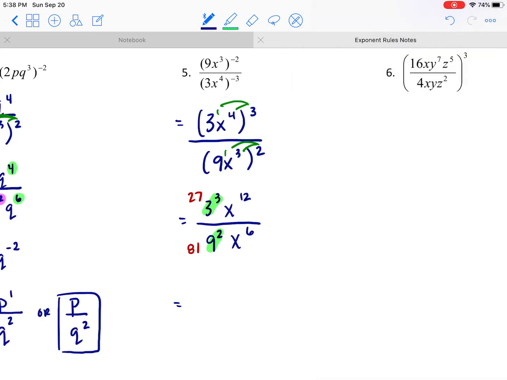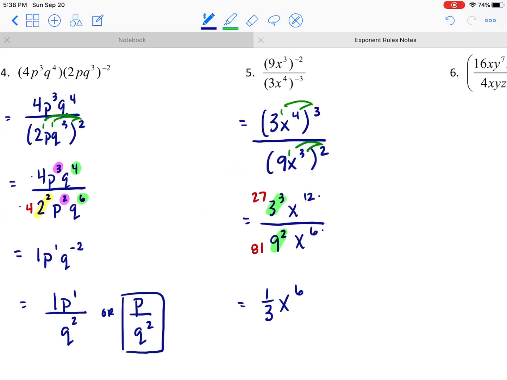So 27 over 81 reduces to a third. So our coefficient is going to be 1/3. And then we're going to have x to the 12 minus the 6th, which is the 6th power. So 1/3 x to the 6th,